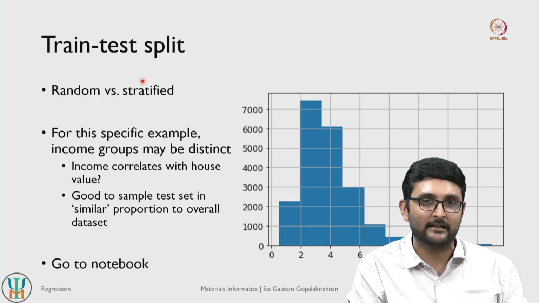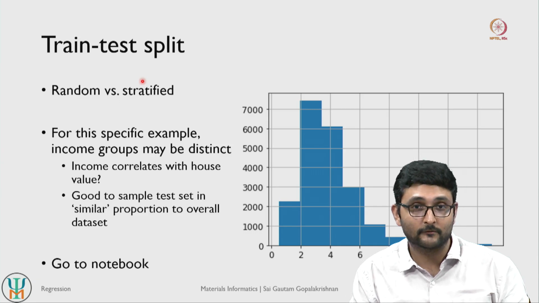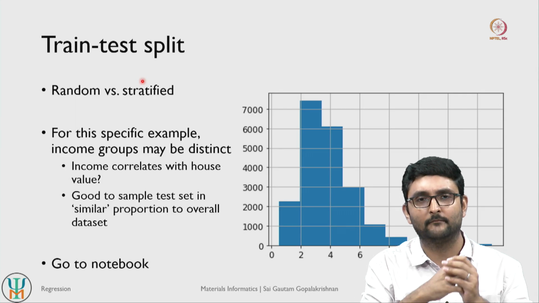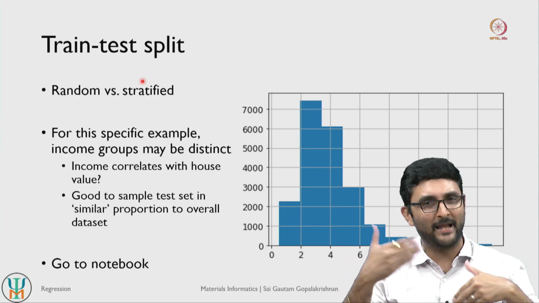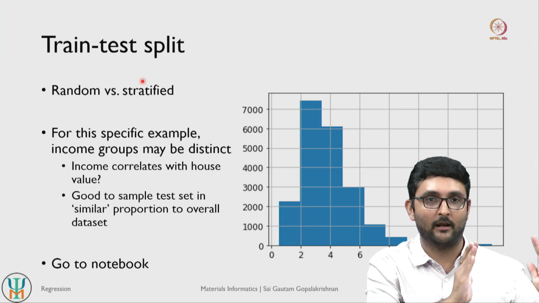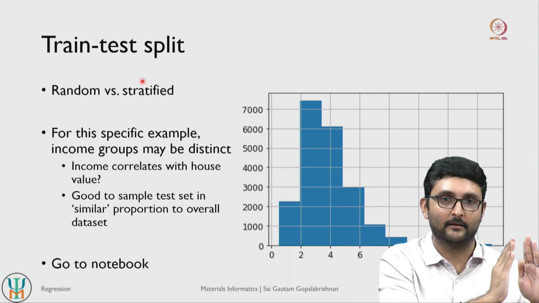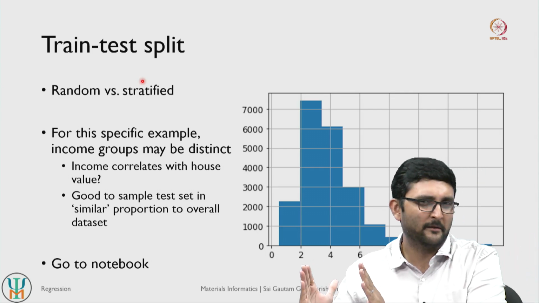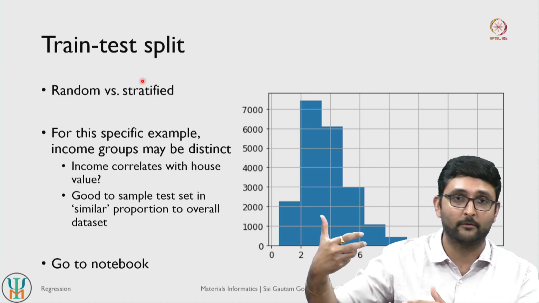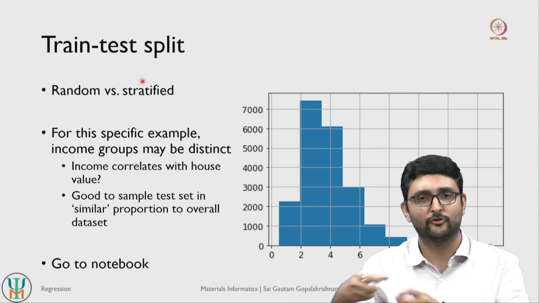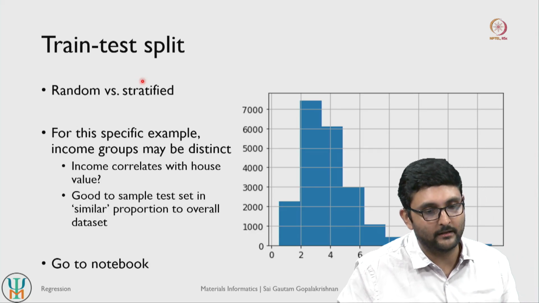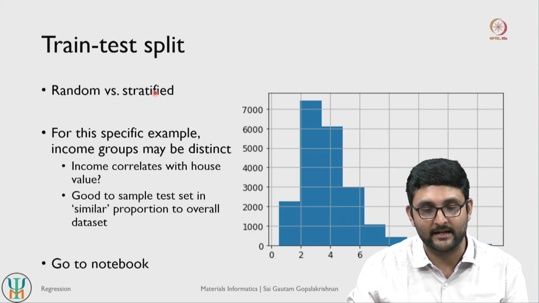So that is where stratified split is often useful, and it is usually practiced, especially with data distributions that may be highly correlated in nature, or data distributions that are skewed. Let us say you have a lot of data points in the low income category and very few data points in the high income category. Then it does not make sense to take a lot of data points from the high income category into your test set. So you should take a proportional number of data points, right. That is the main idea between random and stratified train test split.